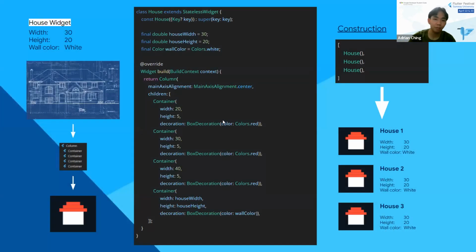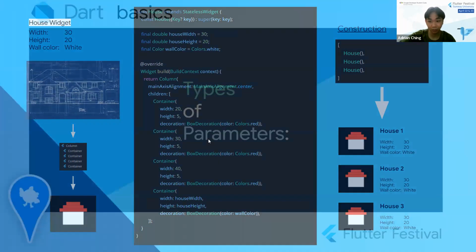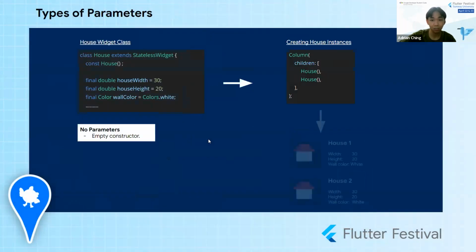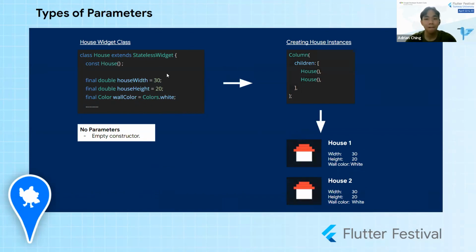So all of the widgets have to have a build method, and the build method is automatically executed. Whenever you do something like this, the build method is automatically executed. As long as you return the correct widget, then the whole widget will be returned. So you have to name it build. There's no other way. Okay, so no parameters will have the default values like this.